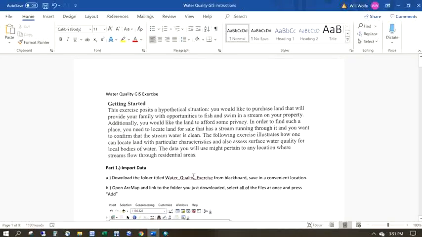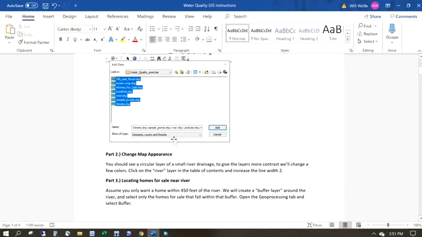So in this exercise, we're given the hypothetical situation of a watershed with some land for sale and a stream flowing through it, and our job is to determine which homes we would potentially like to buy based on some of the criteria. The exercise is listed out here in the instruction manual. The first criteria that we're going to set up is we want to find a home that's within 450 feet